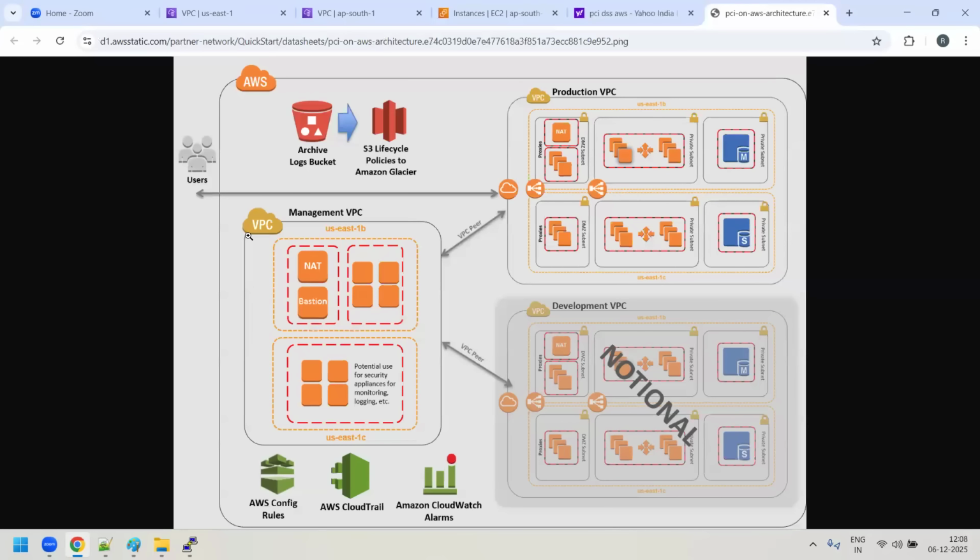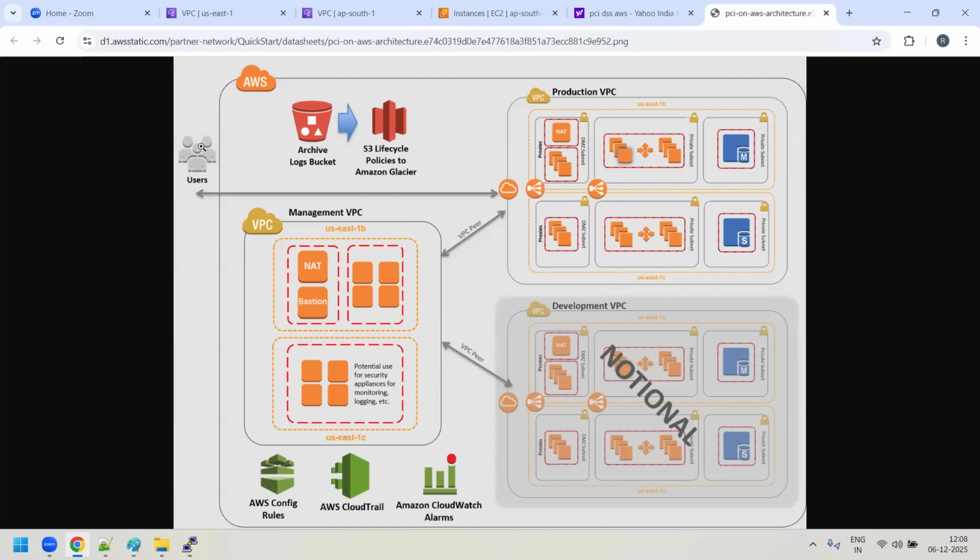Yeah. See, this is how it looks, guys. In real time, in your company, you will create multiple VPCs. One is the server which you are creating under your production VPC. One is under the development VPC, where a developer will be working. Here in the production, your application or the service will be running. And here will be something like a management VPC, where you want to do some kind of management activity.